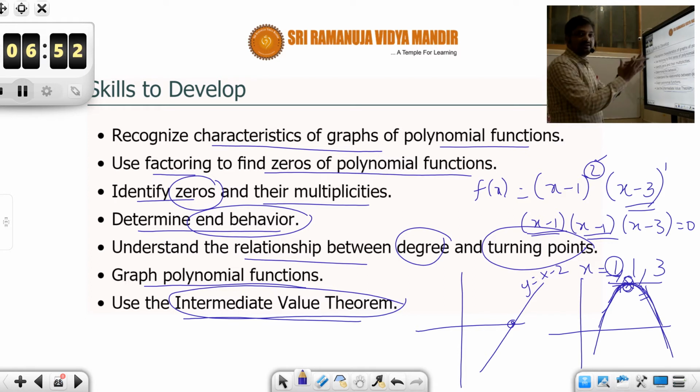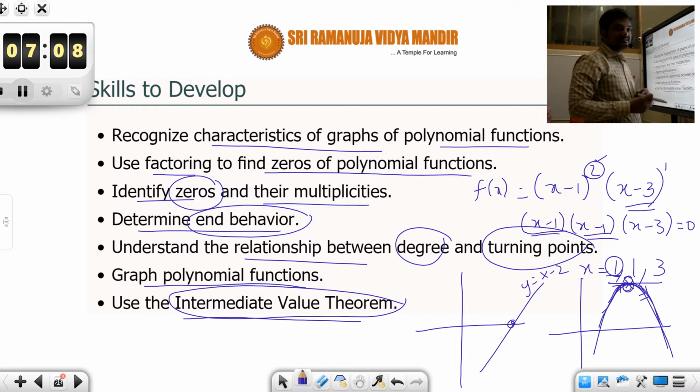That is, by looking at the polynomial equation, you should be able to identify what the degree is. Is the degree even or odd? That is the first thing. And second, you should be able to use your factoring skills, like the remainder theorem, factor theorem, and splitting quadratic expressions. You know the completing the squares method, synthetic division method, long division method. So use all your skills and you should be able to factorize.